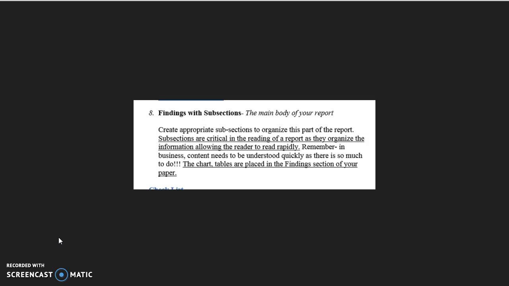Now, this is the big part of your paper. Using subsections, subdivisions, subheadings. You'll recall that I showed you how the Royal Dutch Shell Sustainability Report used subheadings. It's what's expected in professional business writing.